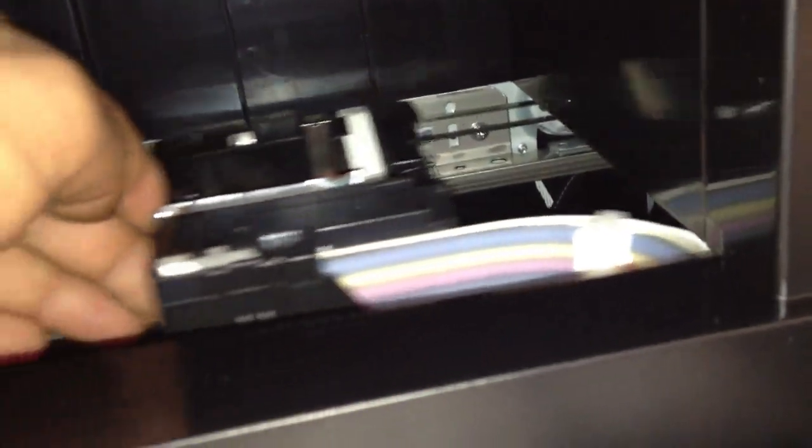So one technique you can do is take some gauze, like 2x2s, and what you'll do is you'll just lightly lay one down on top of that rainbow pad down there, and then you'll go ahead and slide this print head back over on it until it engages, like so. And then now that has pressed the gauze up onto the print head itself,